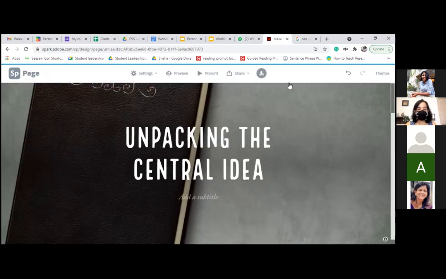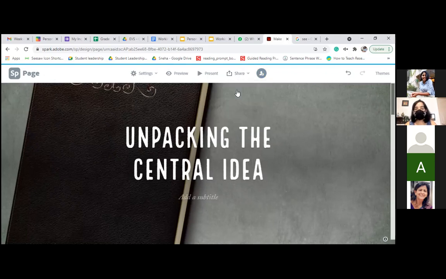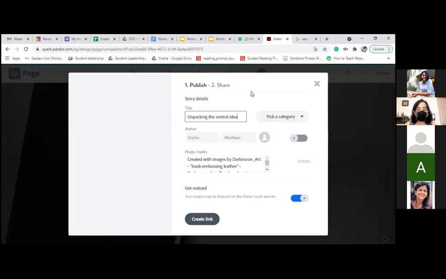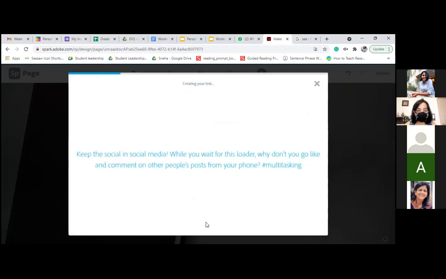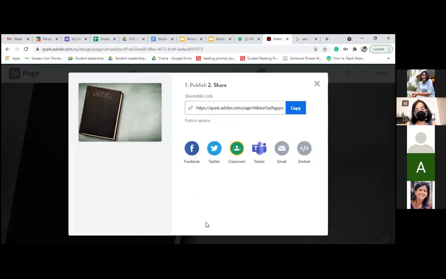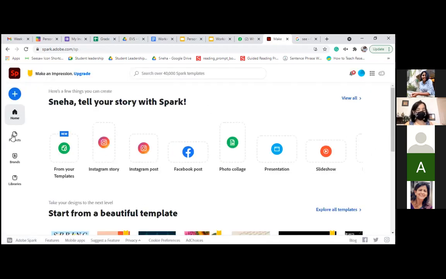After making all of this, you go to share, you go to publish and share link. Okay. And so you have to choose the option of creating link here. Once the link is created, you have to share that link, and every time you update anything, you will have to update the link using the same option. Okay. So yeah, you copy this particular link and that's how it is done. So you can like keep multiple things.